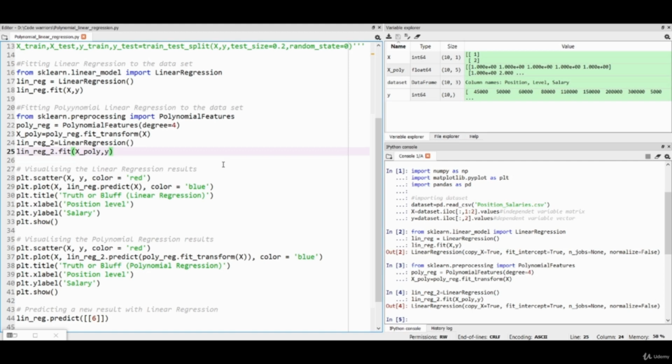After that, we have to plot the prediction line. For this, we are using plt.plot(X, lin_reg.predict(X)). lin_reg.predict(X) will predict the values of salaries for the given matrix X, and we are providing its color equal to blue. Now after that, we are giving a title to our plot, which is Truth or Bluff, the x label is Position Level and the y label is Salary, and plt.show will show our graph. So let's run this code.